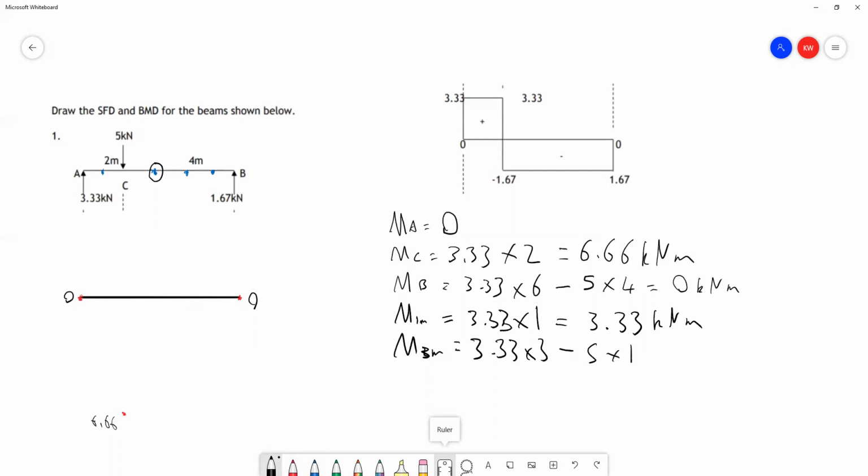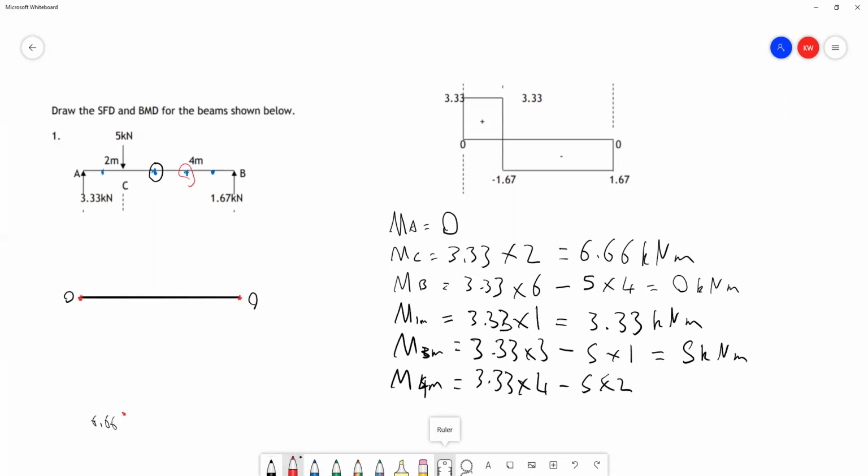And if we put that into our calculators and a little bit of rounding as well, we'll get 5 kilonewton meters. Now consider the point that's 5 meters away from A, and so will be 4 meters away from A, and so 2 meters away from C. We'll have 3.33, the force applied to A times 4, that's our distance from A,